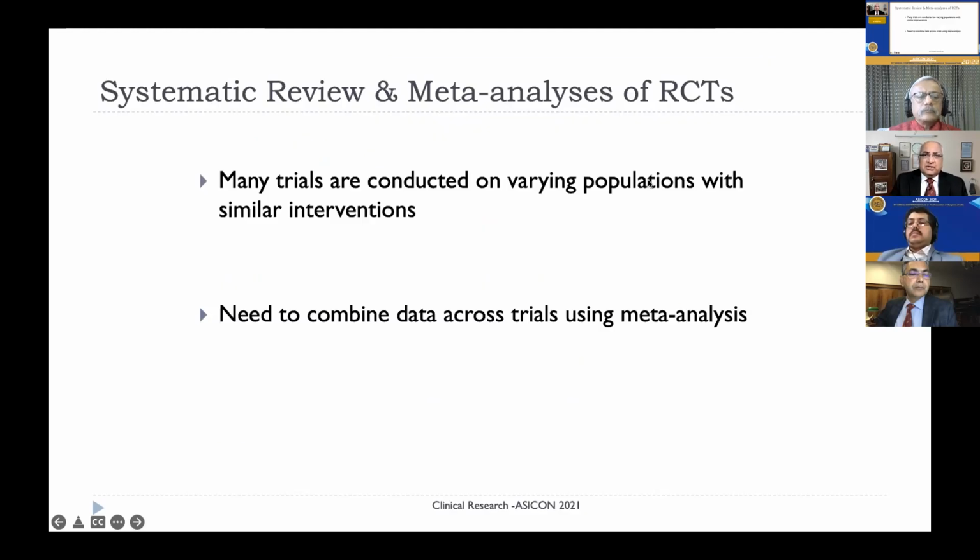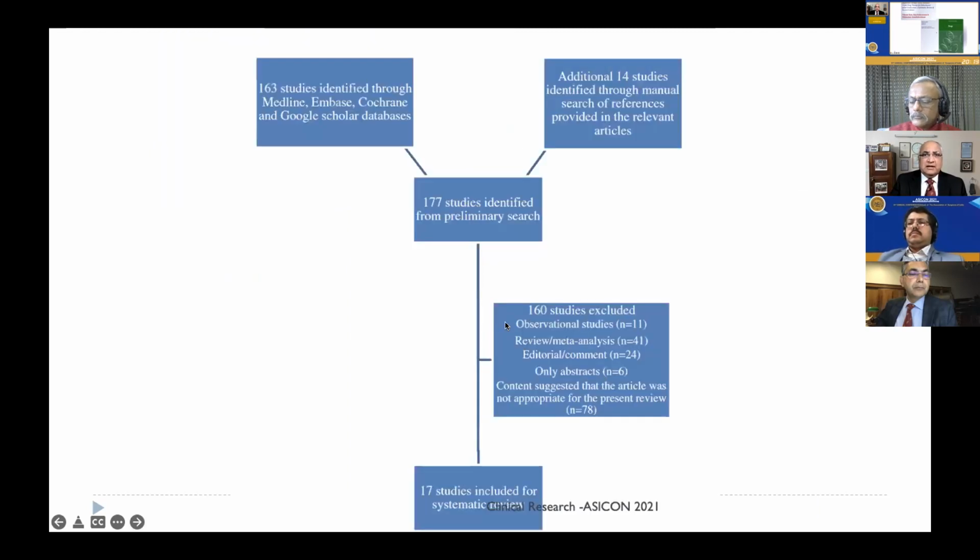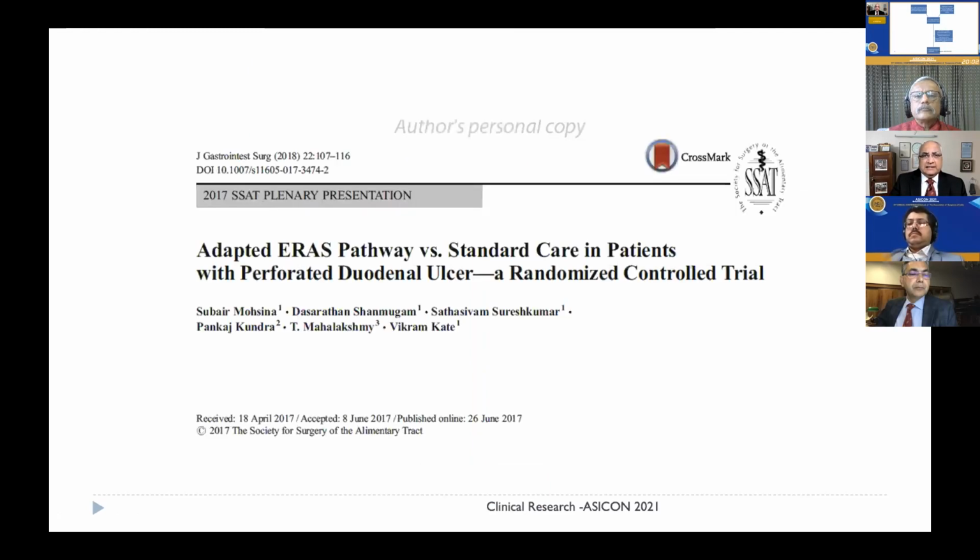If you have published articles, then you get invited for writing systematic reviews and meta-analyses. These are based on RCTs, and this is what we got based on one of the trials published in the past. So instead of the randomized controlled trials, we have CONSORT. We're not going into the designs or the details of that. And this is PRISMA, what we have for systematic review and meta-analysis.